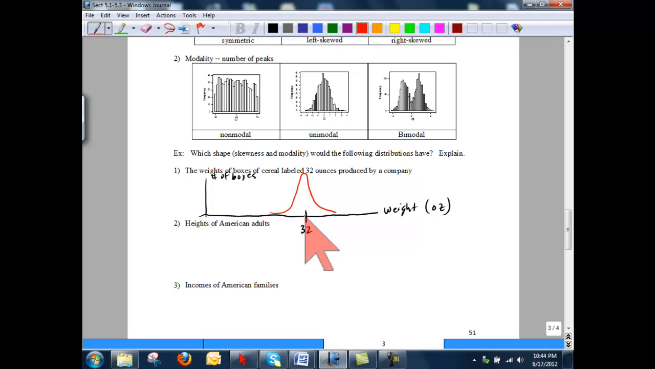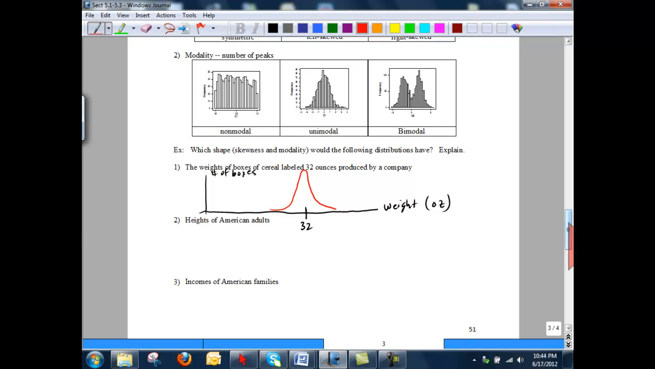Probably unimodal with a peak near 32, and probably roughly symmetric. There's probably about as much overfilling as underfilling. Do I know that for sure? No, but it's a good guess, and I wanted to illustrate the kind of thinking that goes into